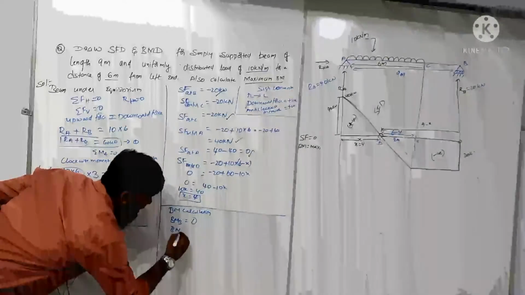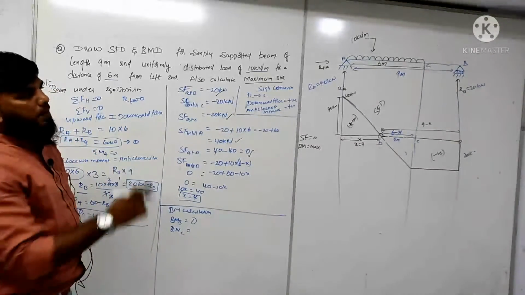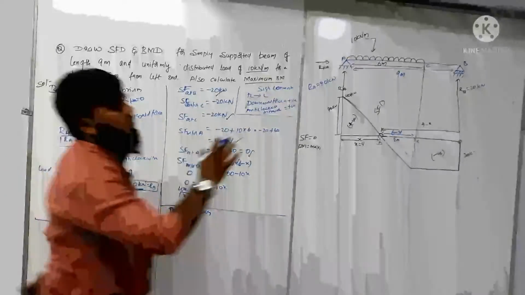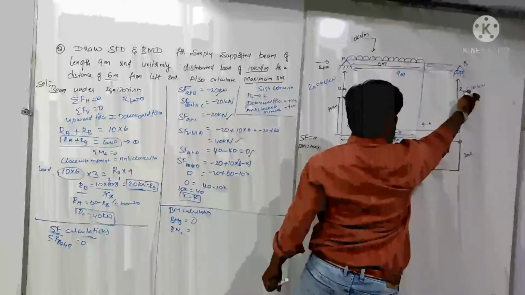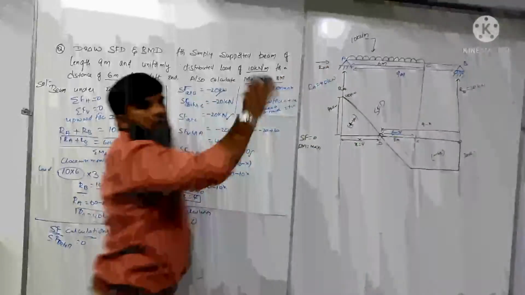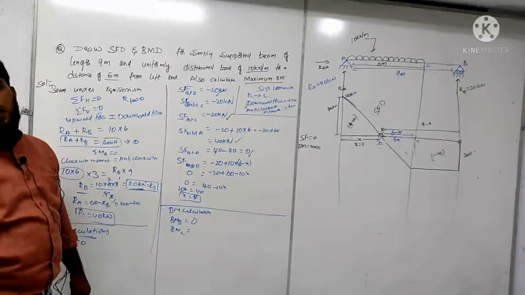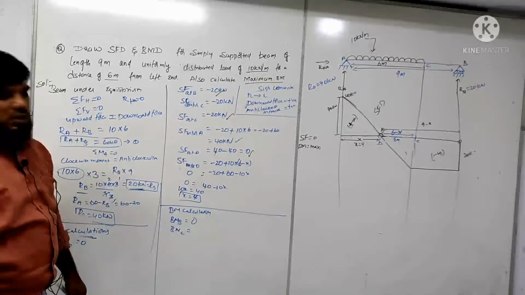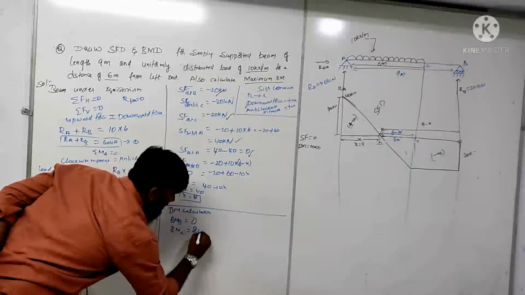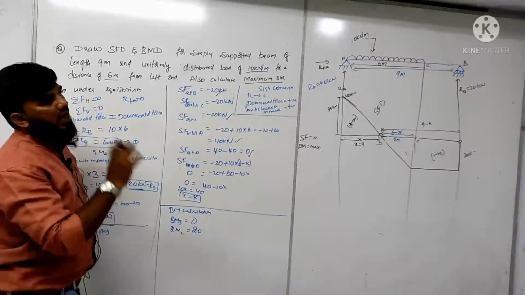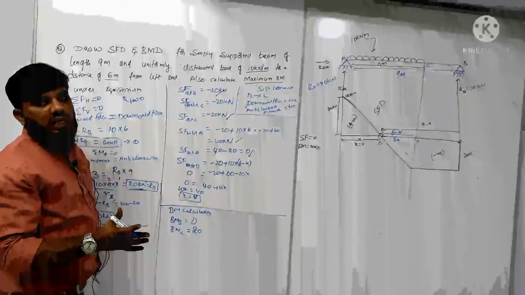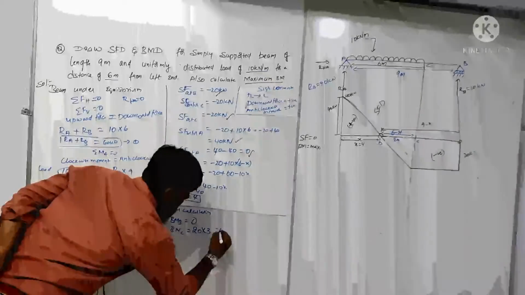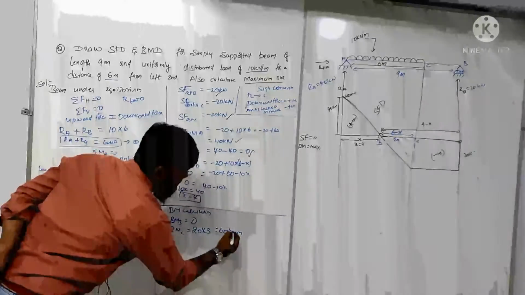Next is bending moment at point C. So at point C, the bending moment is nothing but what RB is doing, the right side force. So before C, what is the force you are having? RB. See in what direction it is trying to rotate point C. It is trying to rotate in anti-clockwise direction. Anti-clockwise means positive. So positive 20. What is the distance between RB and point C? Total distance is 9, and that is 6, so what is remaining? 3. So 20 into 3 is equal to 60 kilonewton meter. Clear?